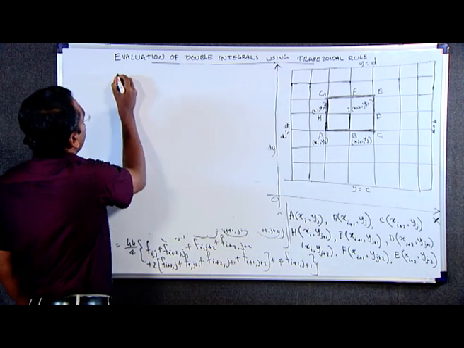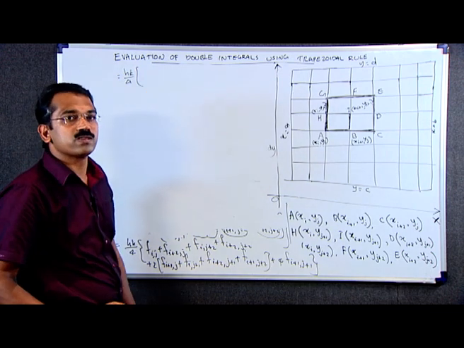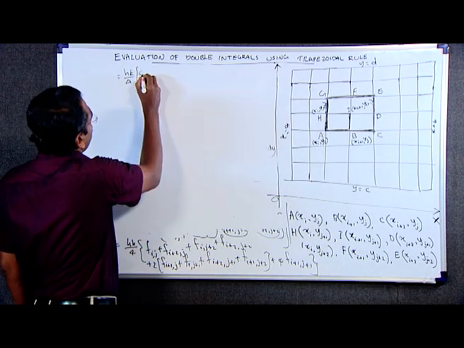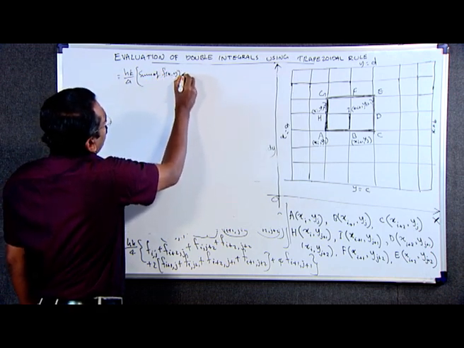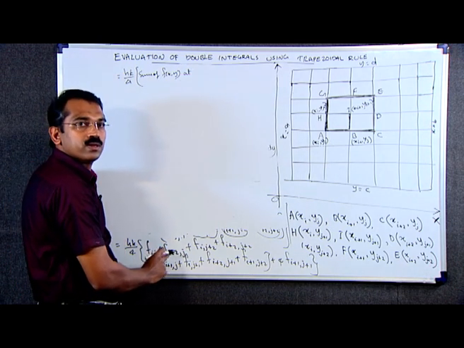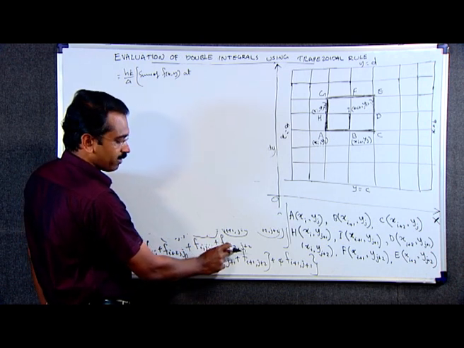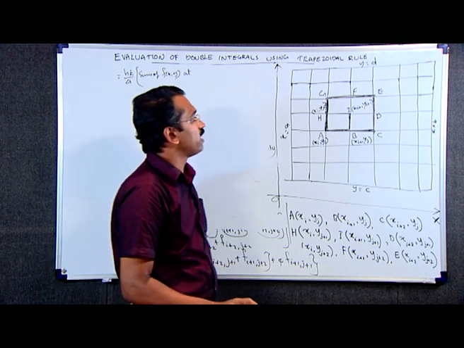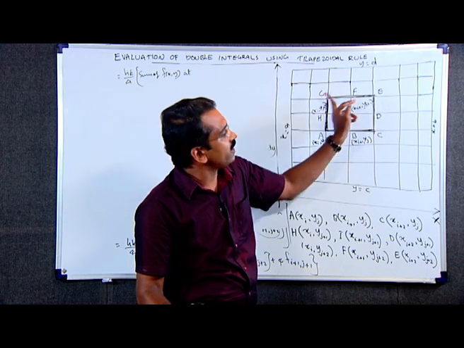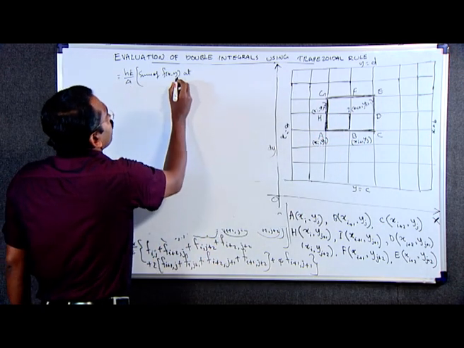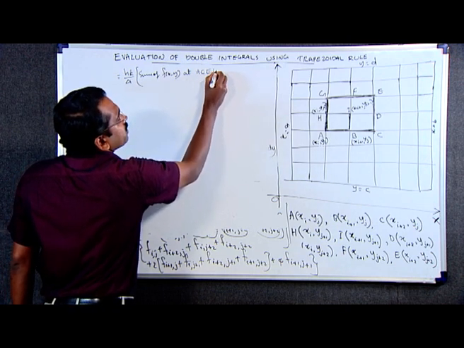We can write this as h into k divided by 4 into sum of the values of the integrand f of x y at the corner points f i j, f i plus 2 j, f i j plus 2 and f i plus 2 j plus 2 are the values of the function f of x y at these corner points a, c, e and g. That is sum of the values of f of x y at the corner points a, c, e and g